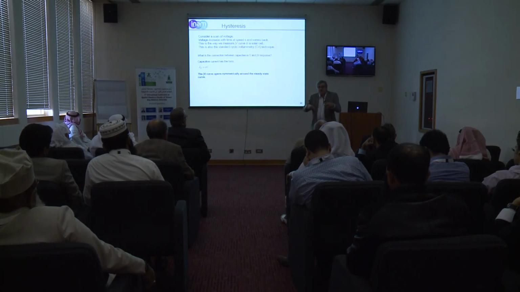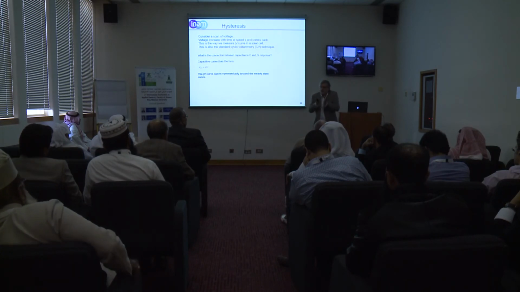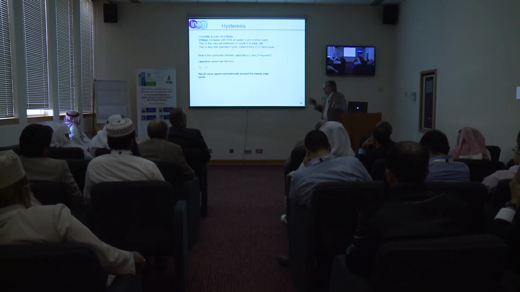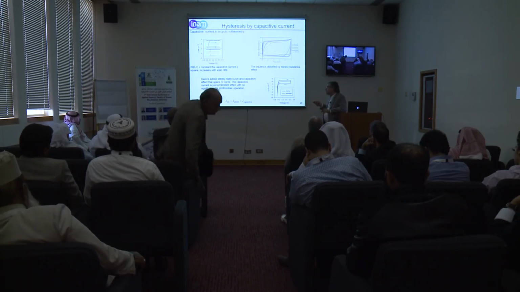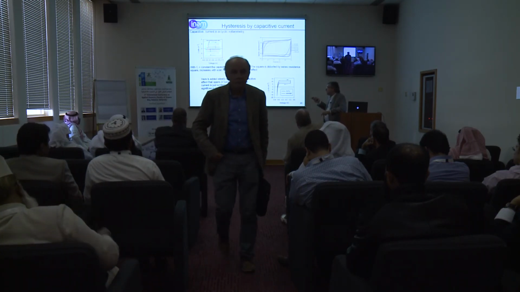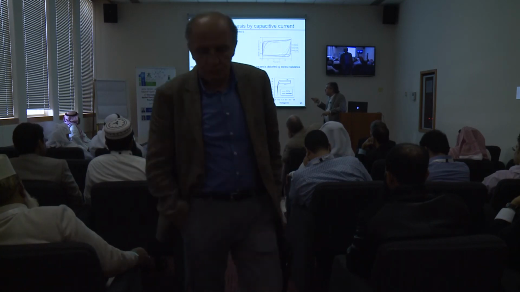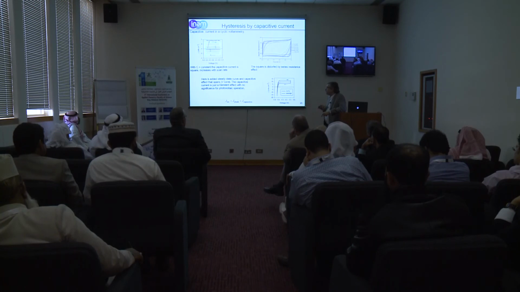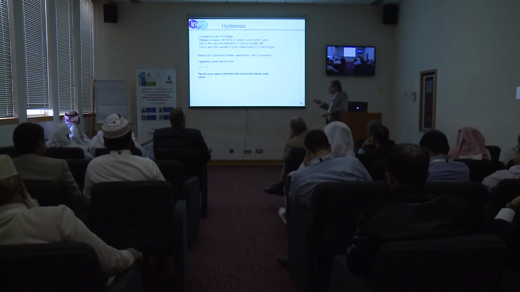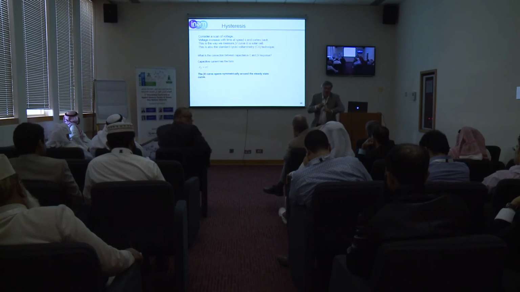So as long as you change the voltage with time, you are charging the capacitor. If you stop, the current goes away, and this is capacitive current. Okay, so that's it. So what will happen if you have a constant capacitor is very simple. Under cyclic voltammetry, it will be a square